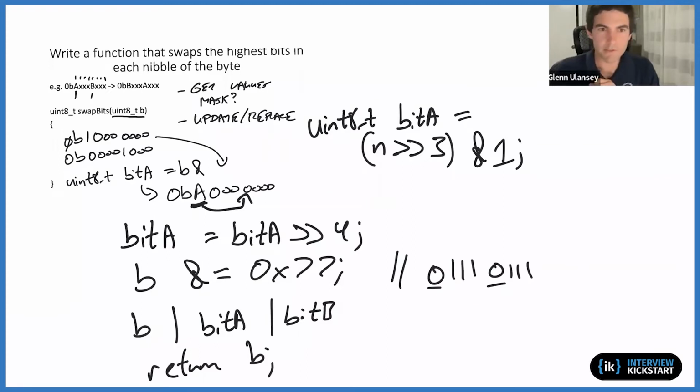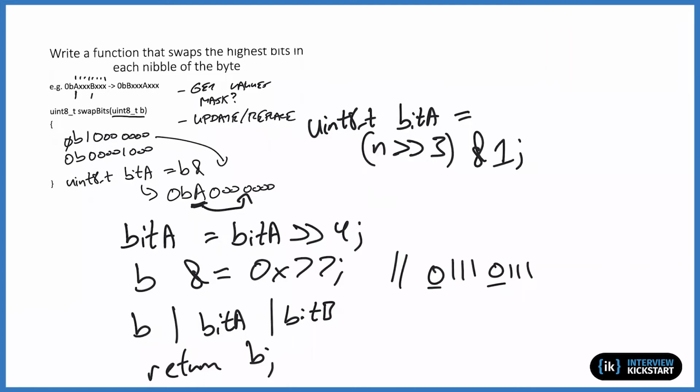Anyone have any thoughts? Glenn, are you thinking of combining all these into one? Like I can imagine creating a common bit mask and getting those 2 values. Yeah,